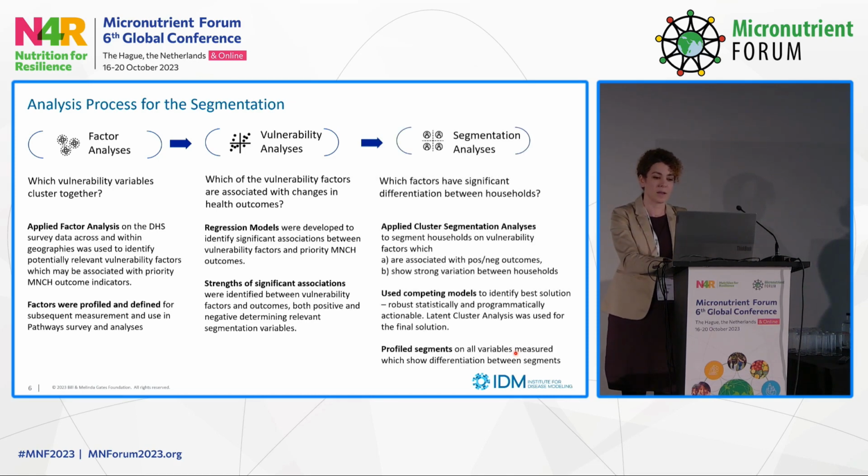The last step is segmentation, which uses unsupervised machine learning approaches such as k-means clustering and other methods to divide individuals into groups based on their similarity across multiple variables. Each household is assigned to a segment, and then we can use multivariate modeling techniques to, for instance, predict different outcomes such as stunting and wasting as a function of segments as well as other variables.